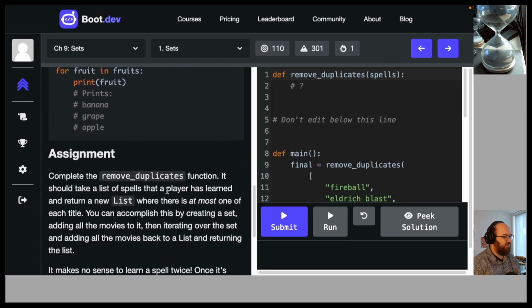Assignment. Complete the remove duplicates function. It should take a list of spells that the player has learned and return a new list where there is at most one of each title. You can accomplish this by creating a set, s equals set. Notice I don't want to write set equals set because set is a special word that refers to the set data type. And we don't want to overwrite that with our variable name. Creating a set, adding all